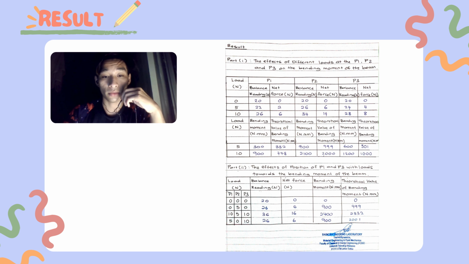Next, part 2. When we didn't use any load, there is no net force, and when we add 5 Newton at point 2, the net force is 6, and the bending moment for experimental is 900, and theoretical is 999. When we use 10 Newton at P1, 5 Newton at P2, and 10 Newton at P3, the net force is 16, and the experimental value is 2400, and theoretical is